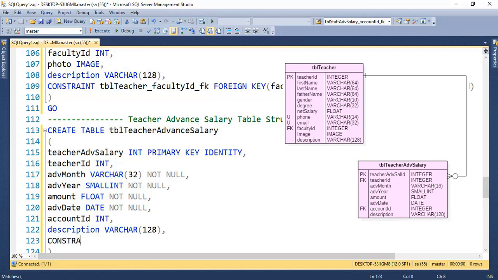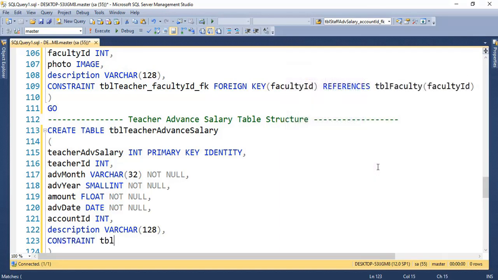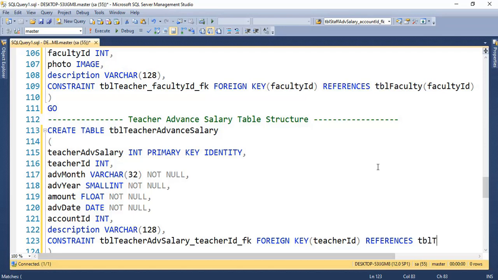Simple constraint, for example table teacher advancillary teacher ID FK foreign key teacher ID references to TBL teacher